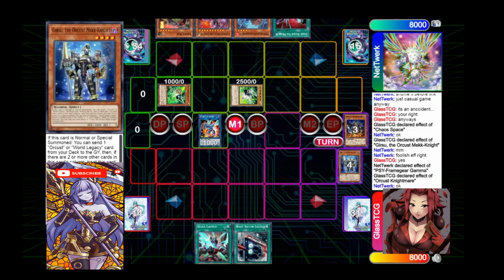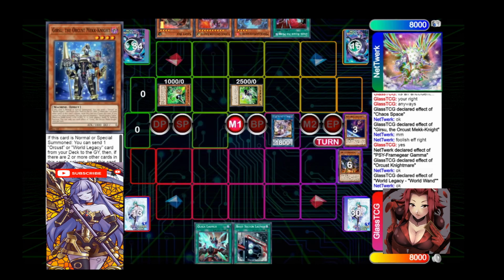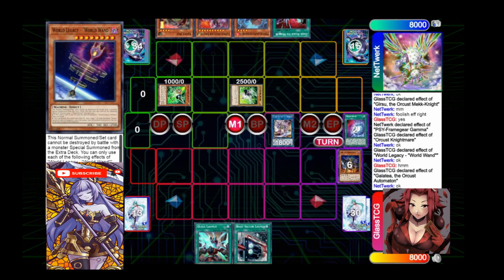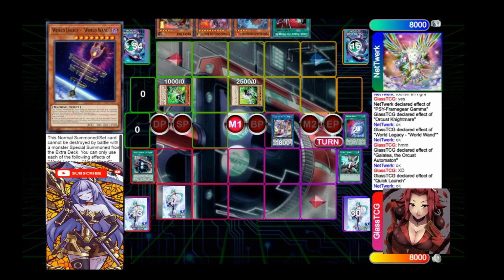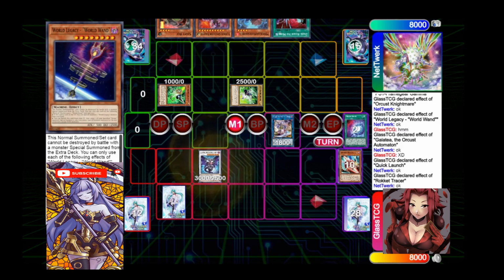But yeah, we go ahead and use our Orcust Nightmare, dumping Wand, go effect a Wand to summon our copy of Orcust Nightmare, link them into our copy of Galatea, and this is the kind of point where a copy of Nibiru would really help you, but it's not going to kill me at the end of the day because I got Quick Launch. So I got a copy of Rokket Tracer, we'll pop that, summon a copy of Recharger, and make our copy